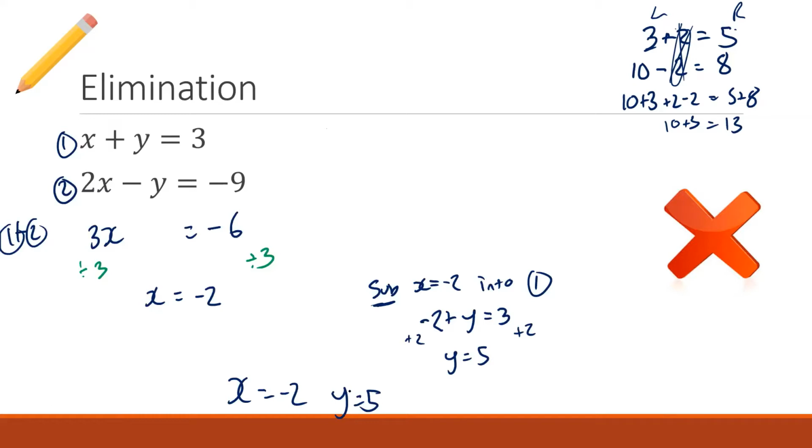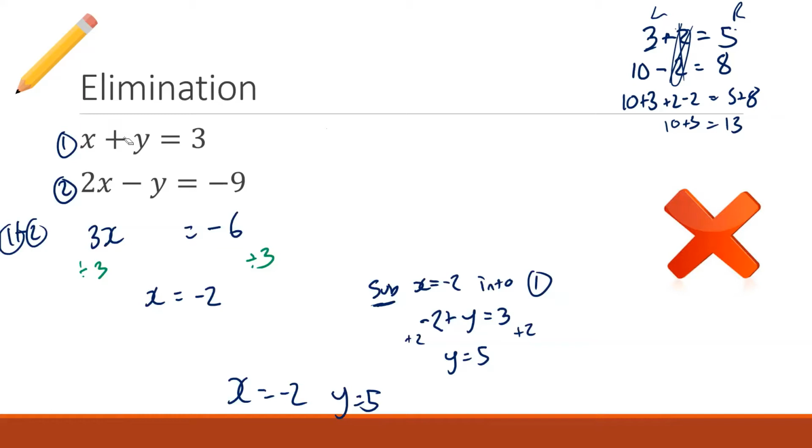Now, you might look at these types of equations here and you might say, oh, but sir, could you just use substitution? And you know what? This top one here wouldn't be too bad of a candidate for substitution because it's already got a coefficient here of y as 1. But because I'm trying to show you guys how to use elimination, this is actually a good candidate for elimination, just because it's got a plus y and a minus y. It's just so easy to add these two equations together.